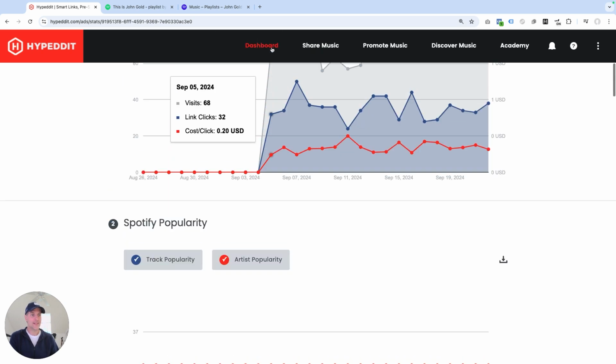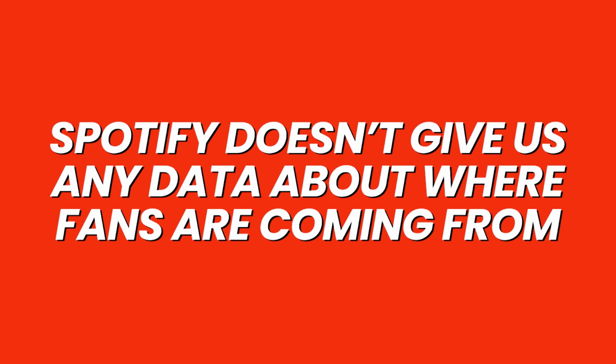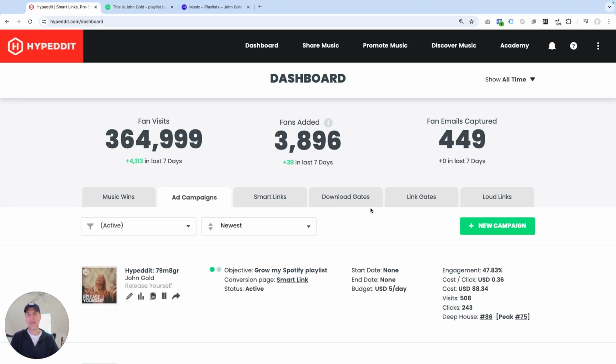And so I did a little trick here that I want to share with you, and that you might like as well, in which I sometimes track results that I'm getting on Spotify for a specific campaign. For those of you who have been promoting your music on Spotify for a little bit longer, you'll be able to appreciate this, because Spotify doesn't give us any data about where fans are coming from, right? We can see how many listeners we have, how many fans, and streams and all of that. And we can even see which songs on which playlists fans listen to our music.